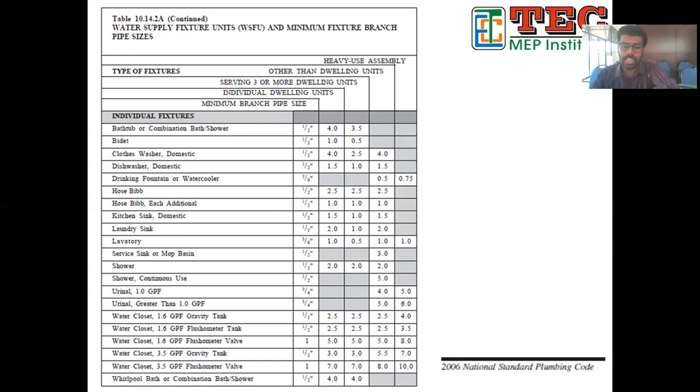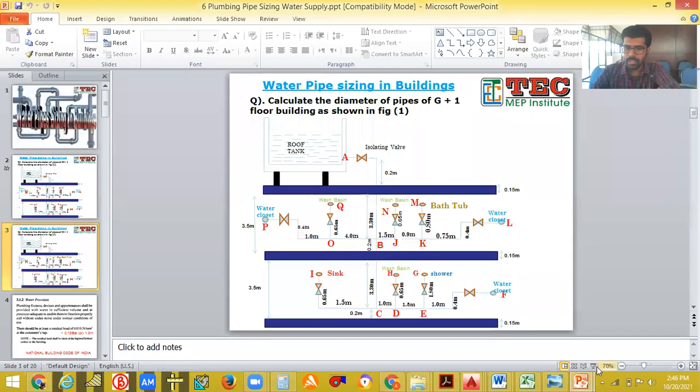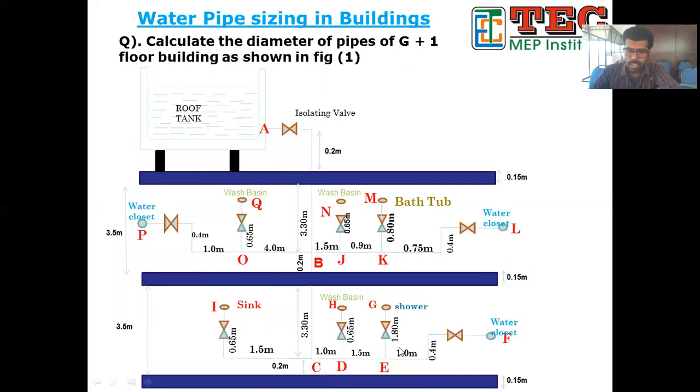Here you can directly get the pipe size because it is the minimum pipe size for individual fixtures. But that is not a fixture. That is a main pipe only. You understand what I am saying? These both are fixtures only. See, EF is a fixture only. It is going directly to a fixture, water closet. EG also directly goes to a fixture called shower. But DE is not a fixture. DE is a pipe only, main pipe only. From this pipe, it is going to shower and water closet.